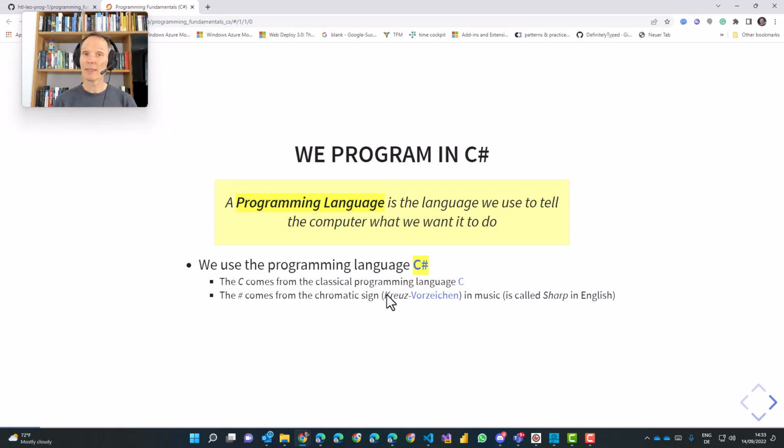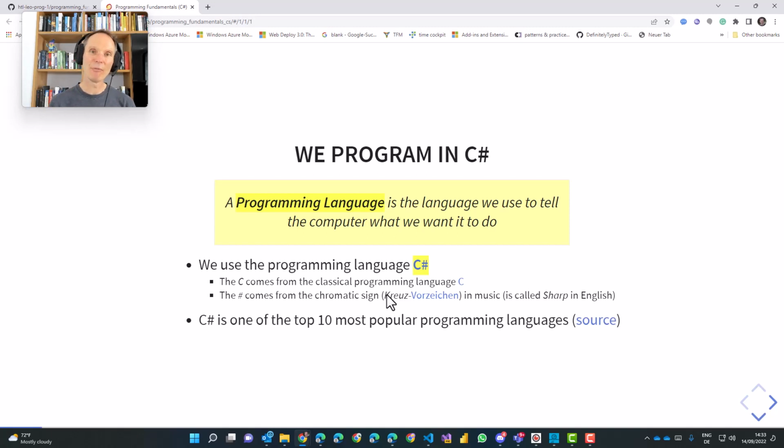By the way, there is also a language, funny thing, that is called C++, which is also a further development of the C language. So you see, it is kind of a habit for inventors of programming languages to take the letter C and put something after it to indicate that this is something new, but still part of the C family.